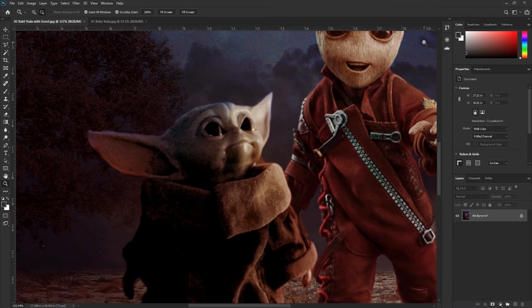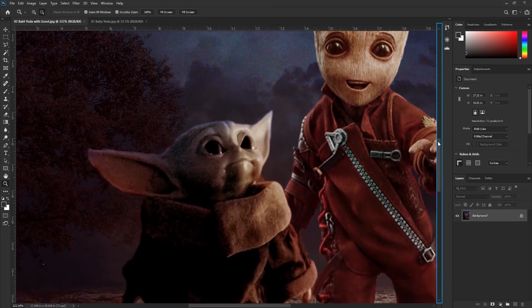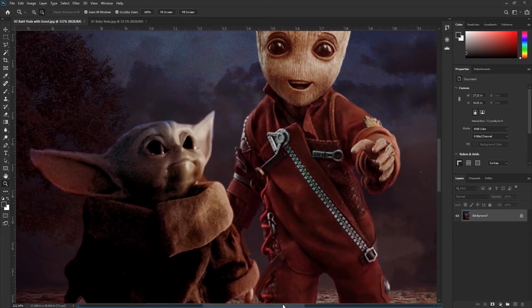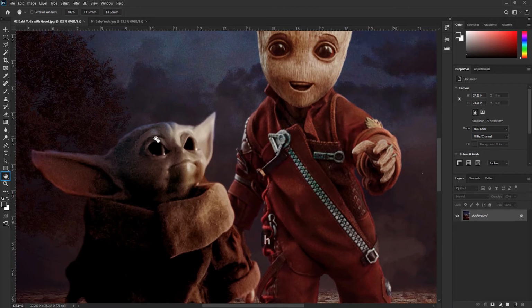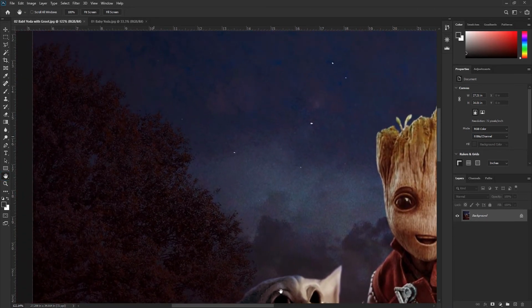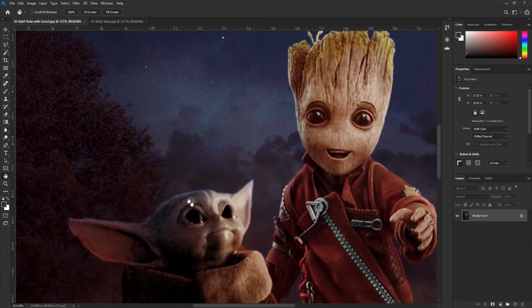And you will notice that once you have zoomed in, you get a scroll bar on the right side as well as the bottom of the image so that you can scroll around. But if I tap the H key, that will give me the Hand tool, and now I can click and drag to scroll and pan in multiple directions at one time.